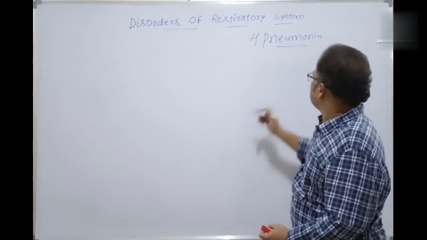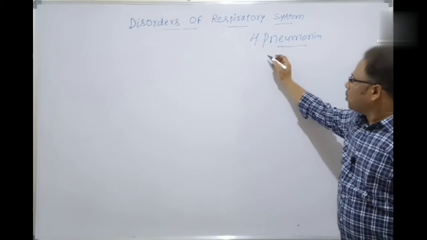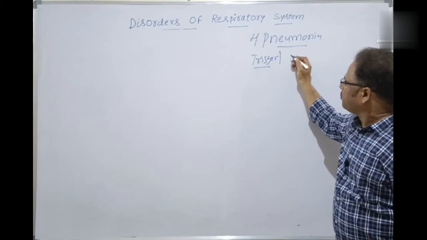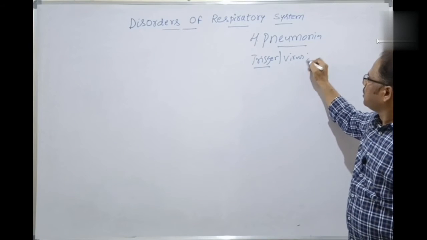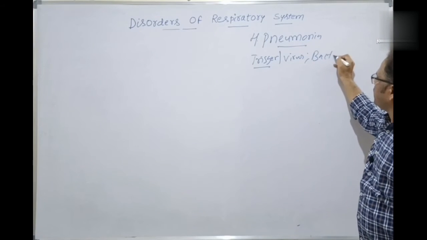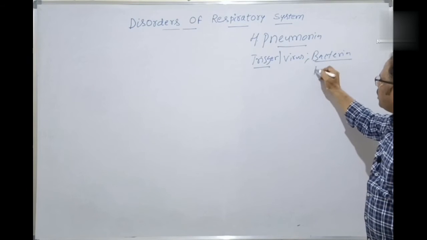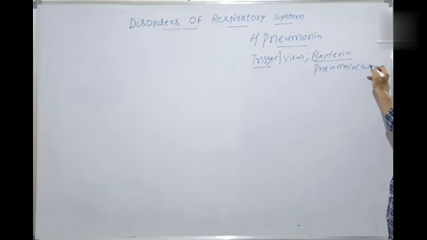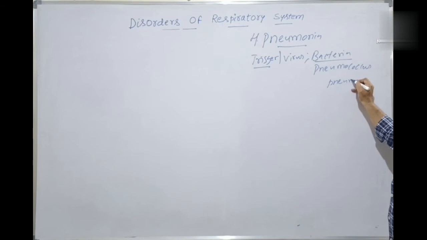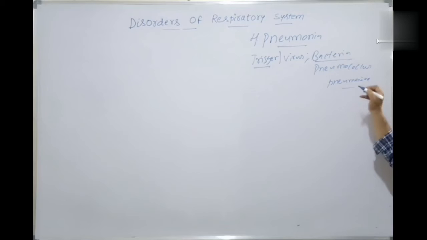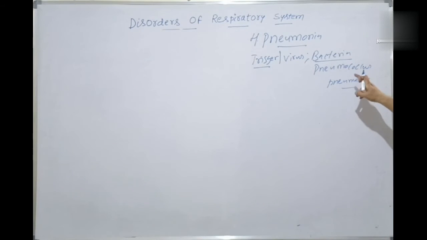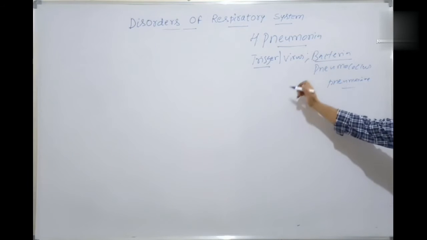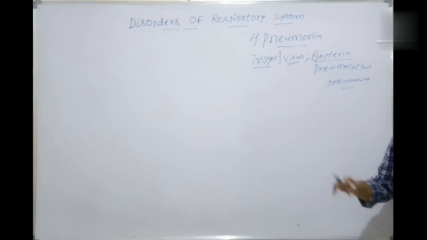So next one is pneumonia. Let's discuss. Pneumonia, what is a trigger mechanism? The causative agent can be in the form of virus or even bacteria. If it is bacteria, it can be Pneumococcus pneumoniae, or it's called Streptococcus pneumoniae. Pneumococcus pneumoniae is a bacteria, or Streptococcus pneumoniae may cause pneumonia, or different types of viruses can cause pneumonia, or